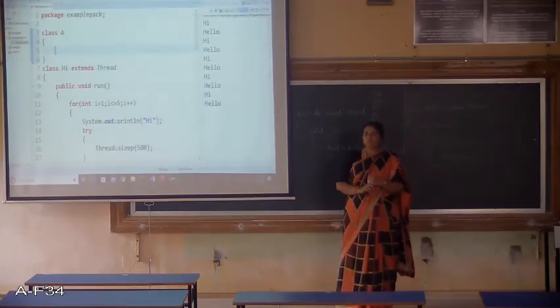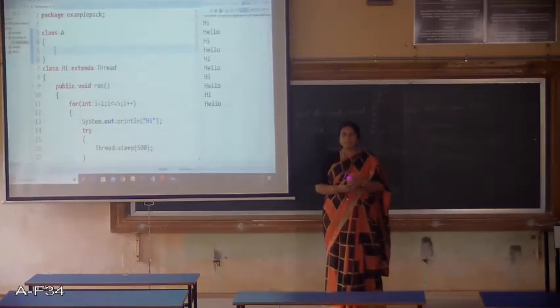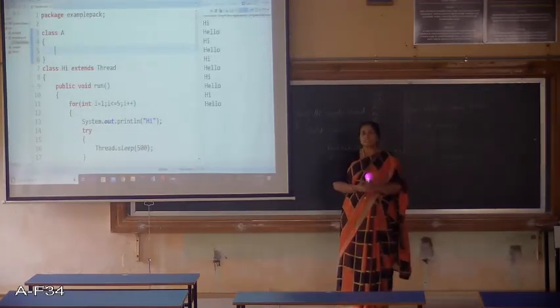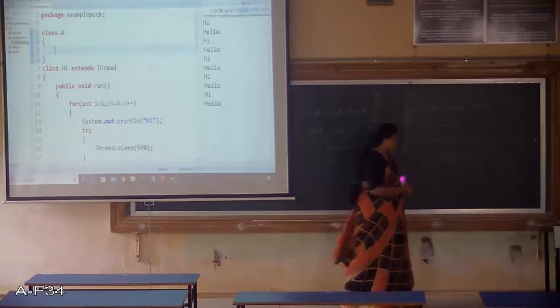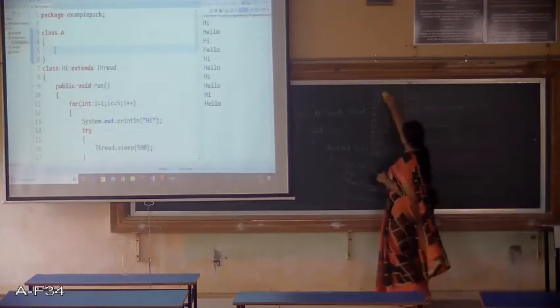So what it has to do? It has to be extended from that, right? It has to be a subclass of class A now. So that will be something like this. We have class A.